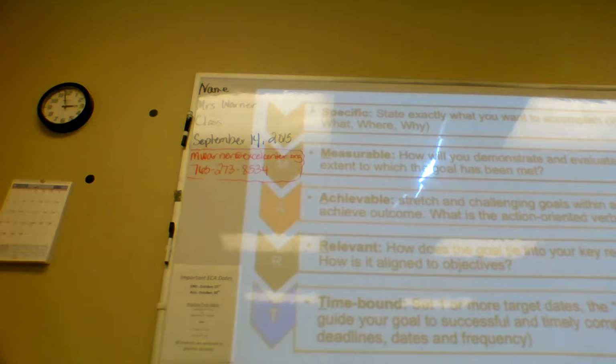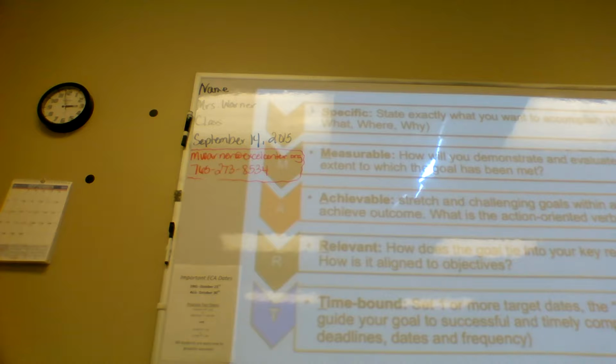Good. So I like to frame these discussions around the SMART goals. For those of you in my writing class, this is going to help you later on, so pay attention to it. But these SMART goals are actually how I got my raises. So when I worked at Ivy Tech, we had to establish SMART goals. And at the end of the year, you were gauged on your SMART goals. And did you obtain your SMART goals?